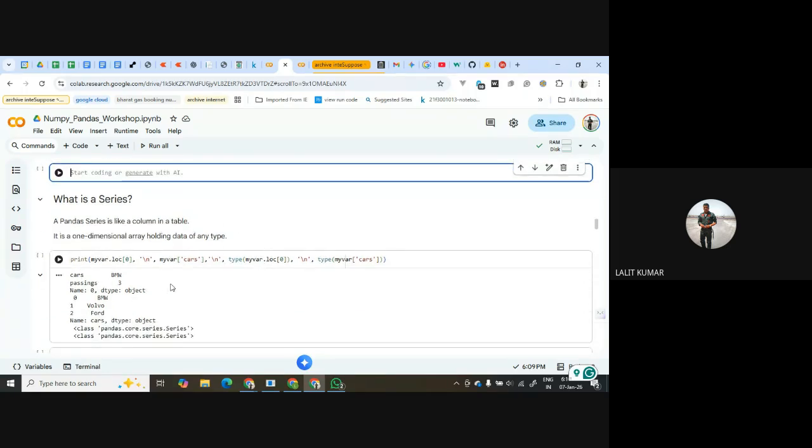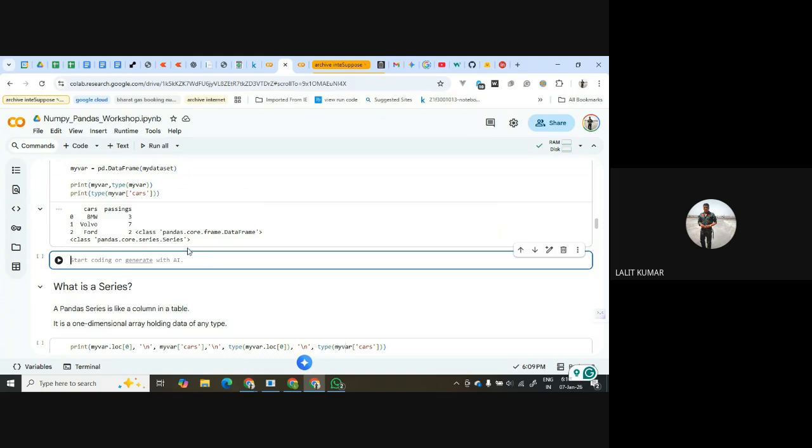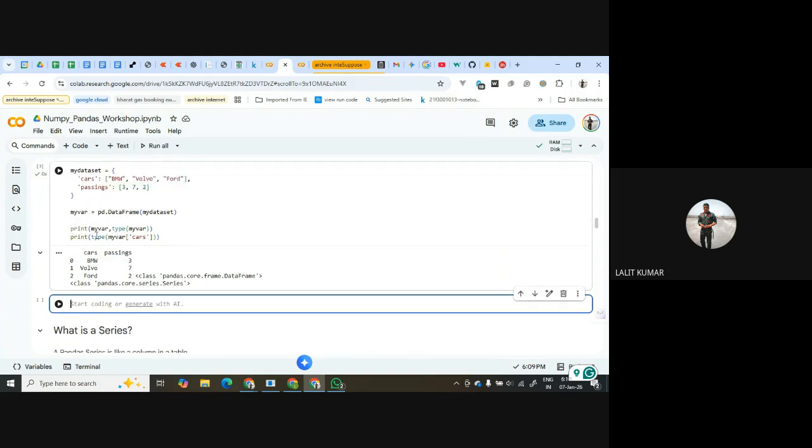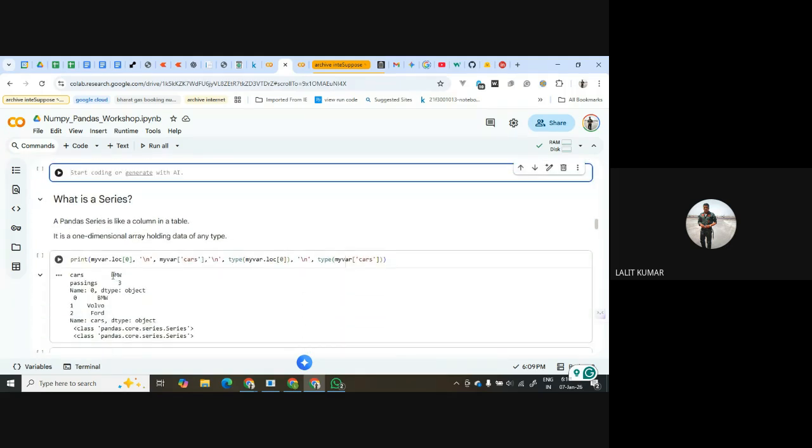Okay, for example, we will just see this myvar, what we had defined. So this is the column. So we will say myvar.loc[0]. This I will explain in 5-10 minutes, but this command is basically used to select a row by index number. So myvar.loc[0] means where the index number is 0, it will select that row.